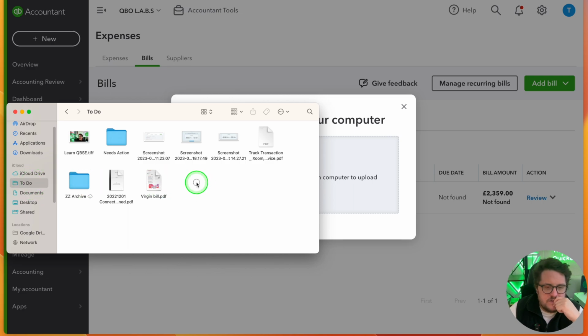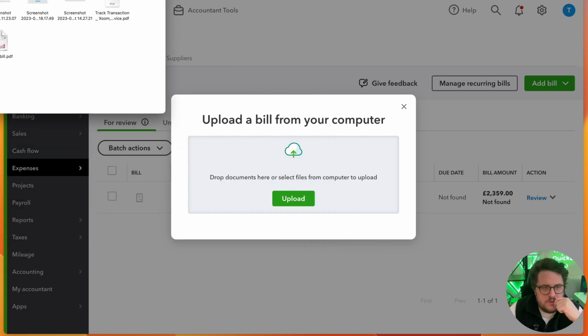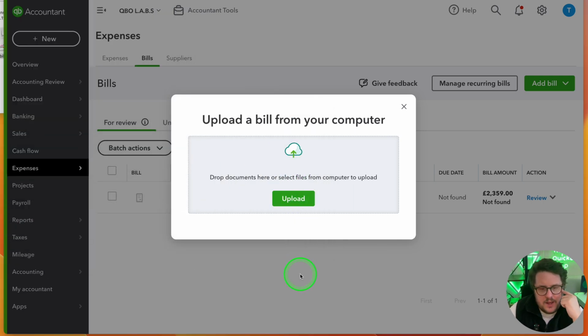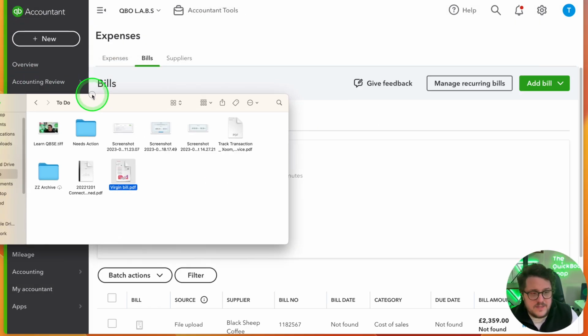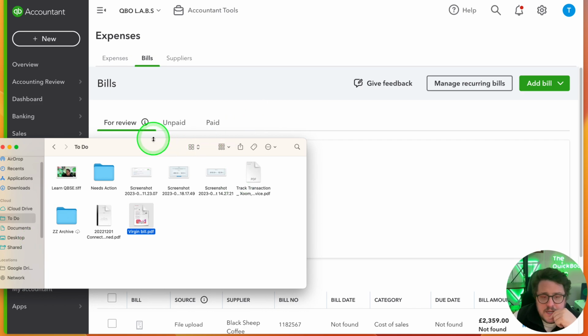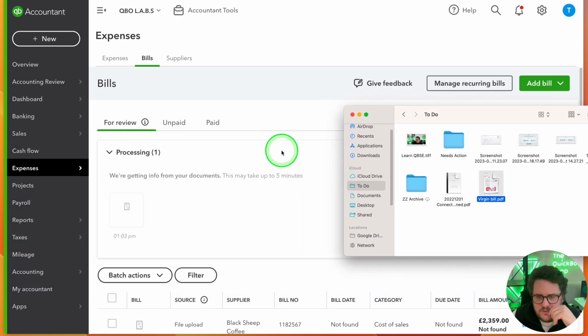So I've got my to-do folder here and there's my Virgin bill just there. So I can just drag and drop that in as I need to. And now it's been bringing in there. It says up to 5 minutes, but we'll see how that goes. For completeness though, it would be useful to find out